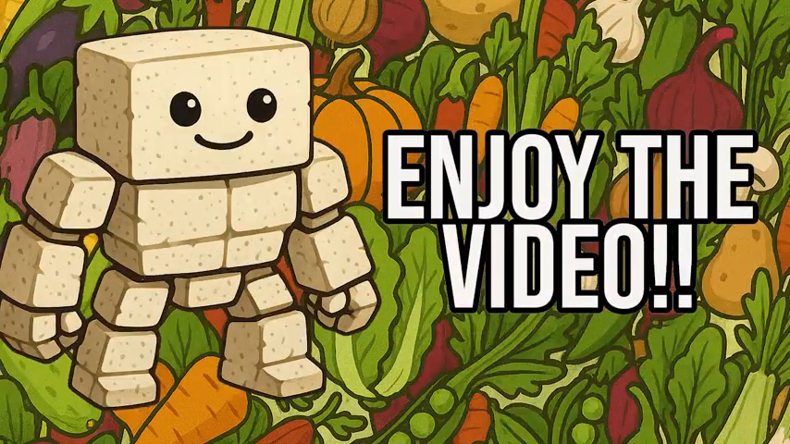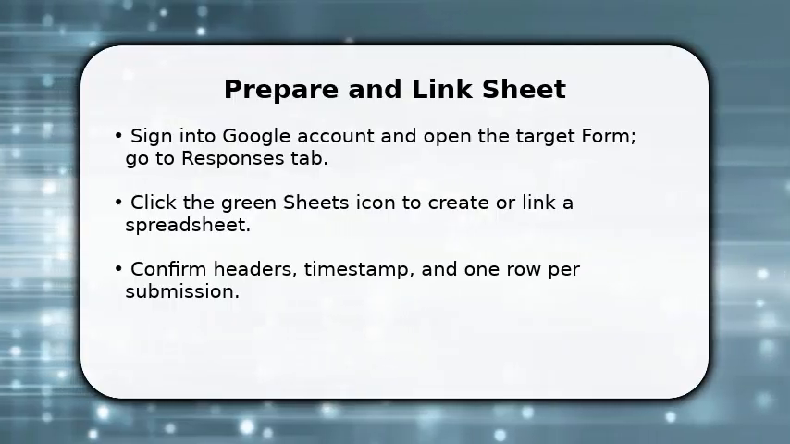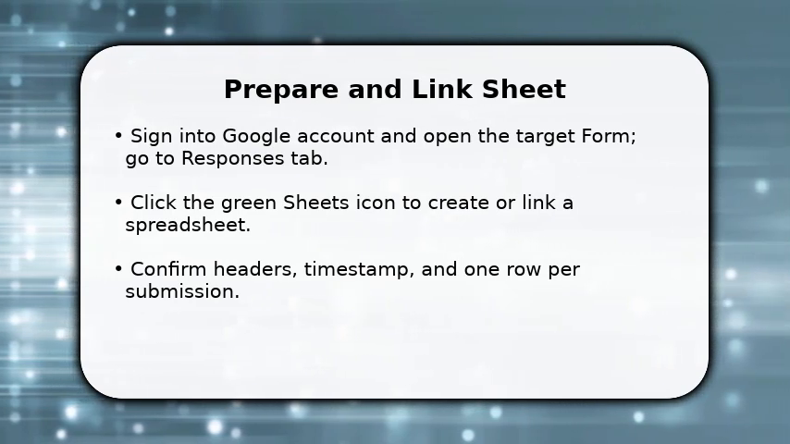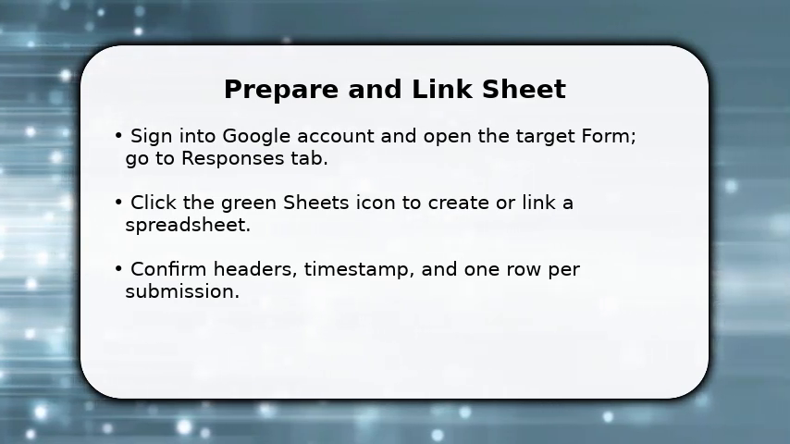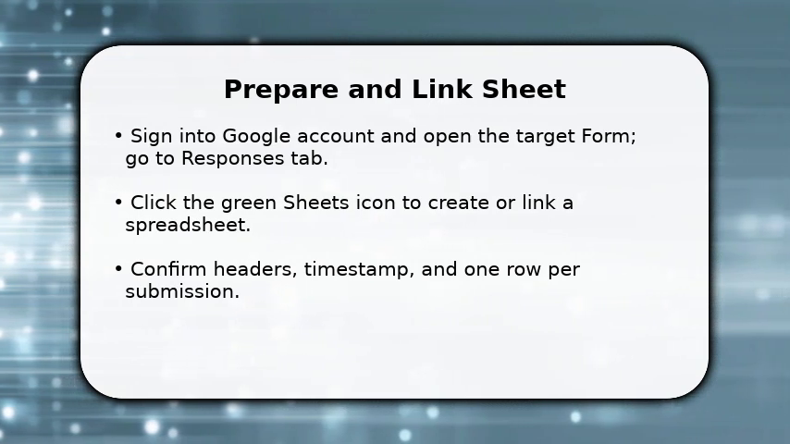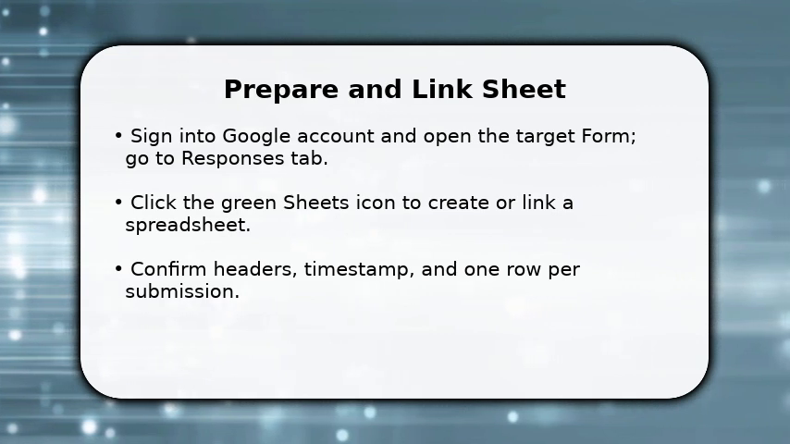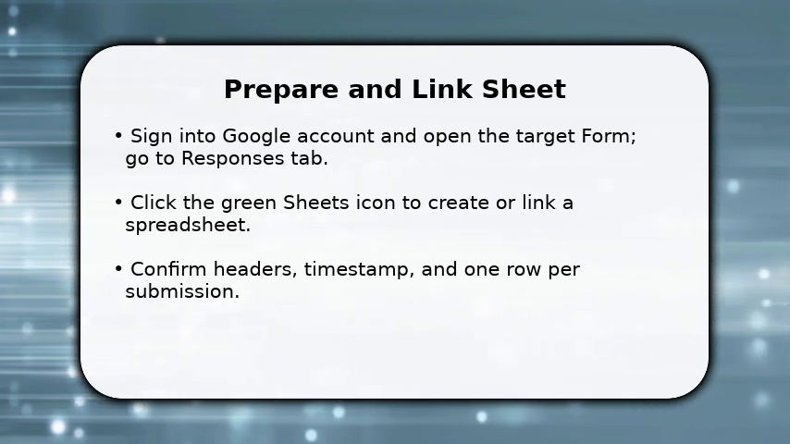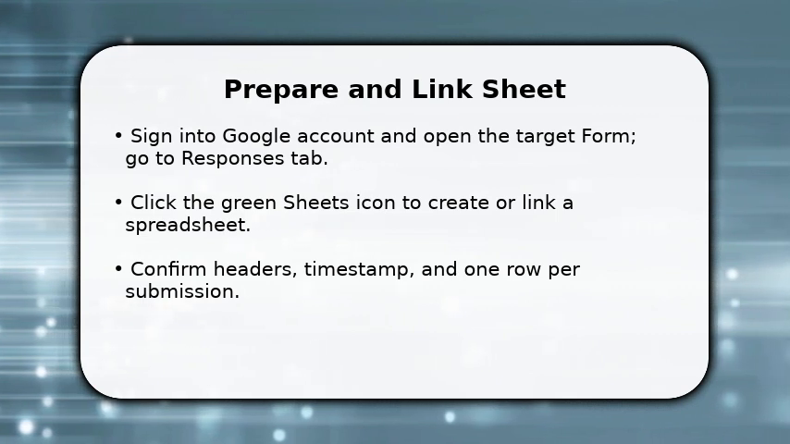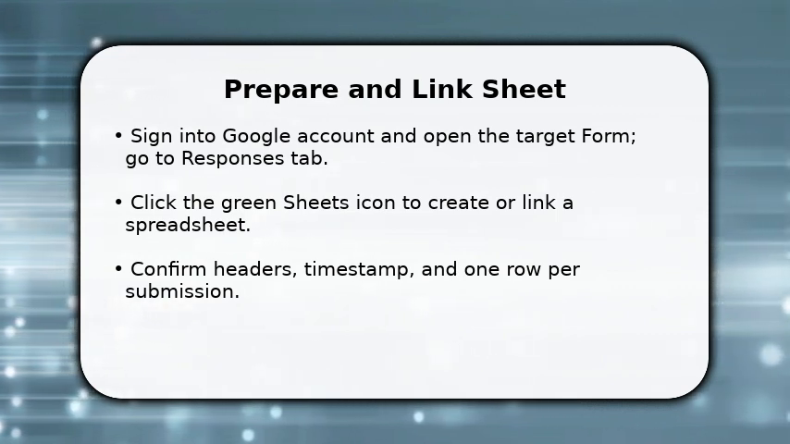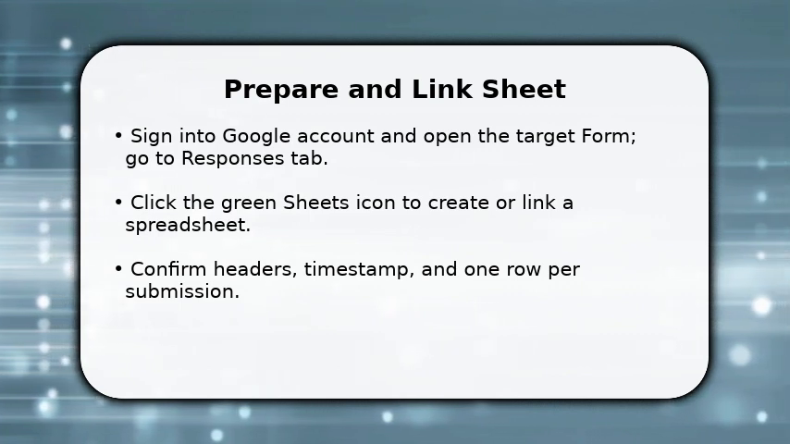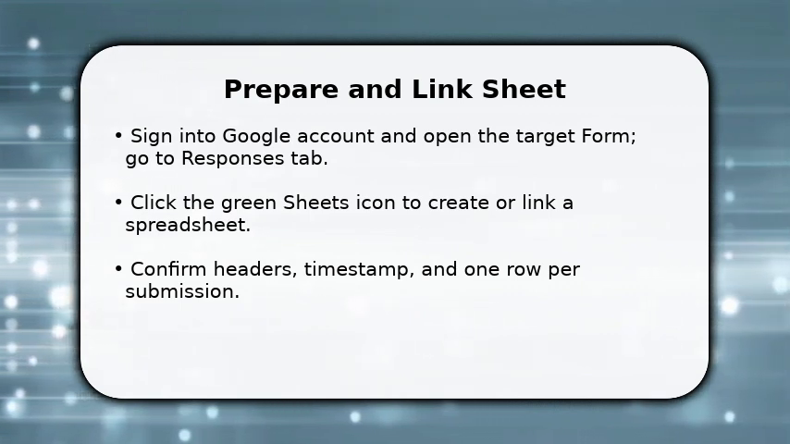Please enjoy the video. You start by opening the form and immediately linking it to a Google Sheet so responses flow in real time. Once linked, the sheet creates timestamped rows. Make sure headers match the questions exactly so formulas work. You should create a backup copy now and set a clear tab naming convention. This first step prevents lost data and lets you treat the sheet as the single source of truth for processing,